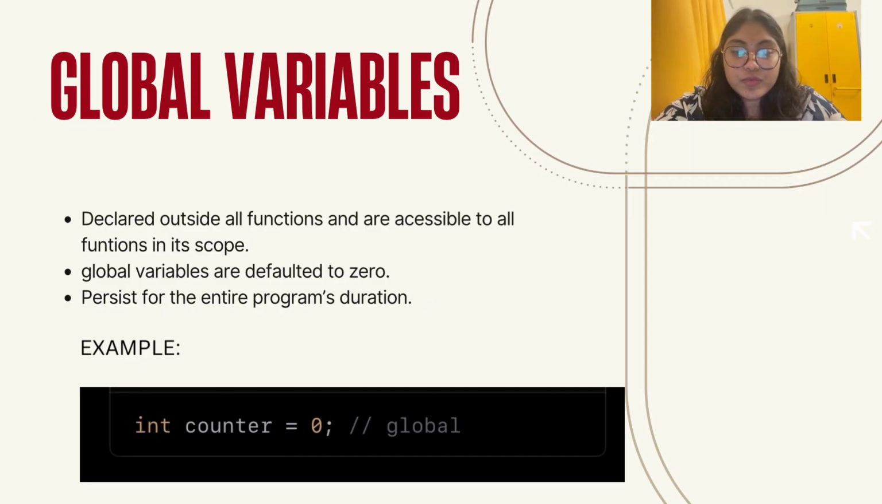For global variables, they are declared outside all functions and are accessible to all functions in the scope. Global variables default to 0 and persist for the entire program's duration. The example of a global variable: int counter = 0;